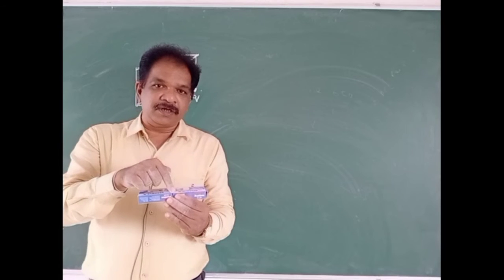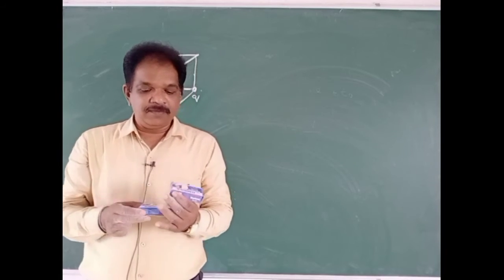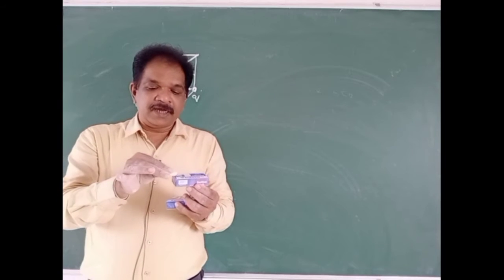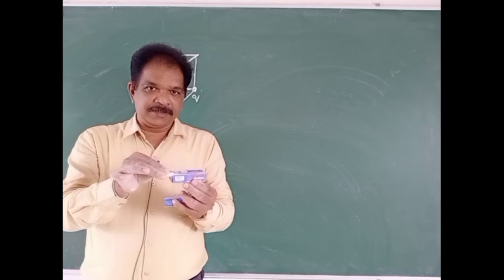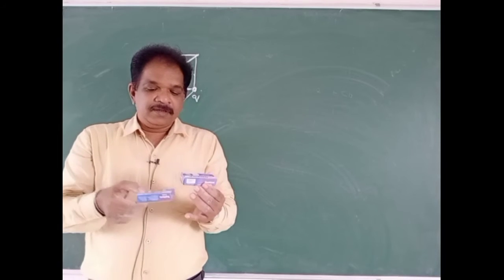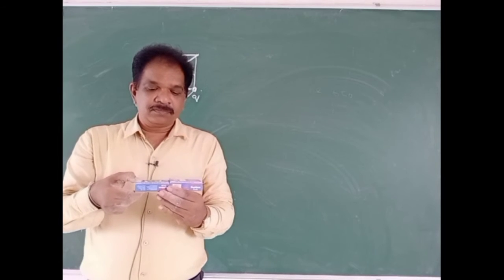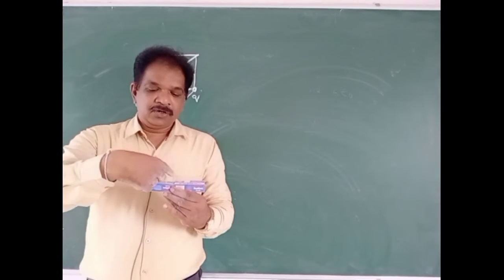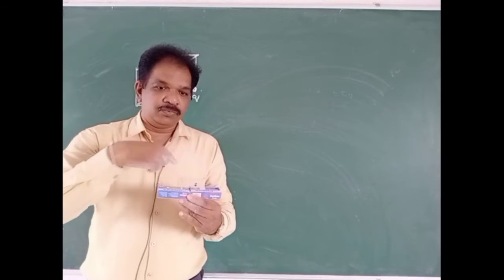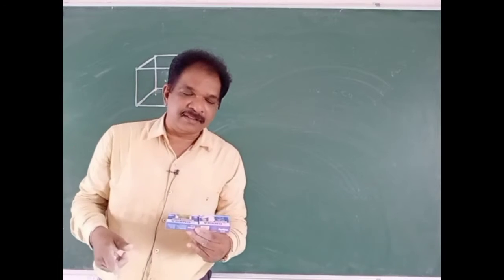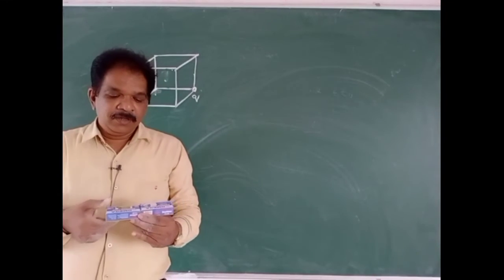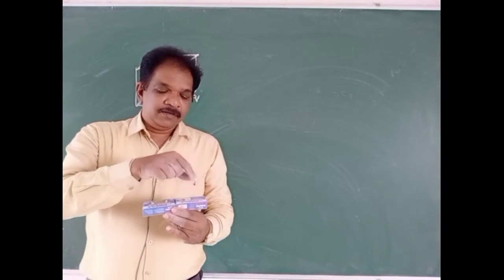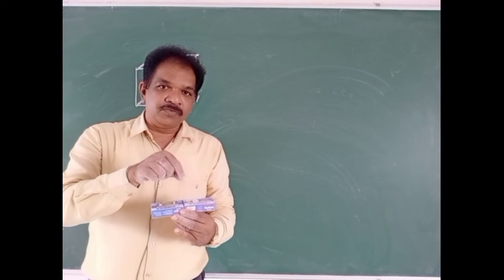This charge will come into the center. This is the one cube. I kept a charge here, one edge, one corner. Here I kept one more. Like this, here one I placed. Top 2, again top 2. Totally 7 similar cubes I arranged around this. Then what will happen? This charge will come into the center.